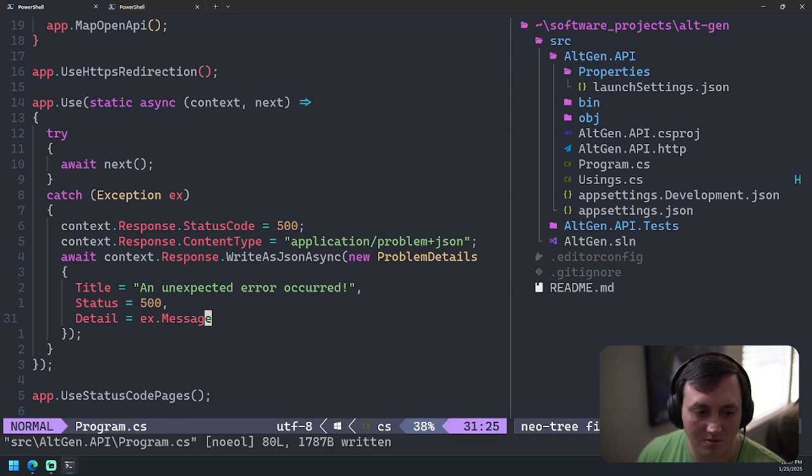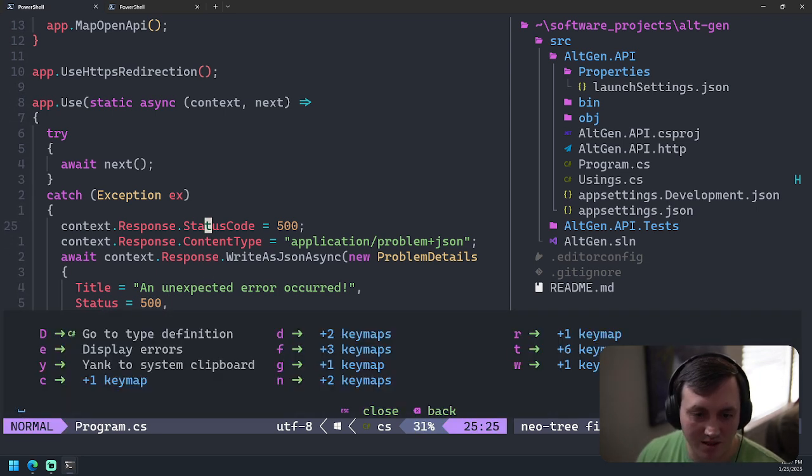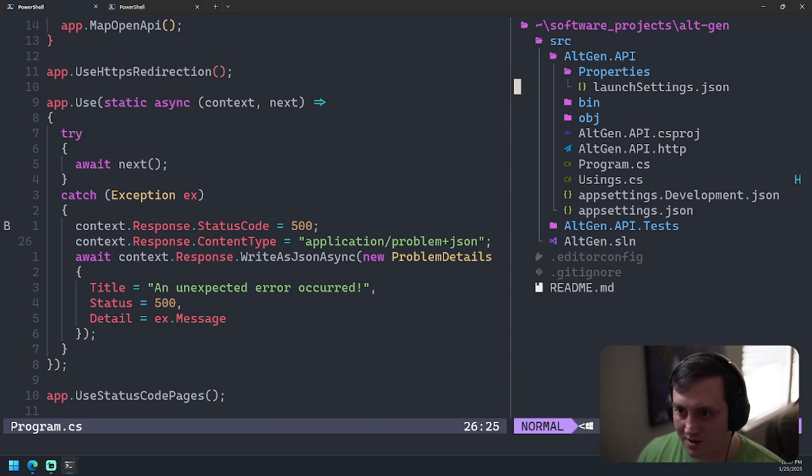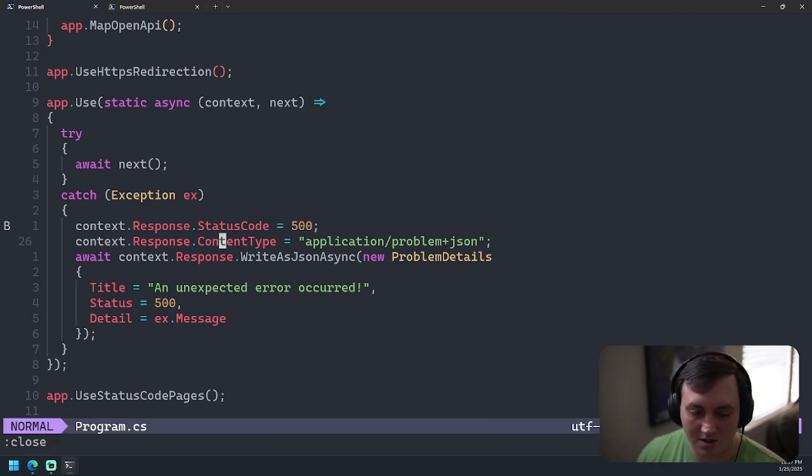Like that. Write that out. But what's nice now is, with this in place, I should be able to set a breakpoint here. Then if I go over here, I want to close this.